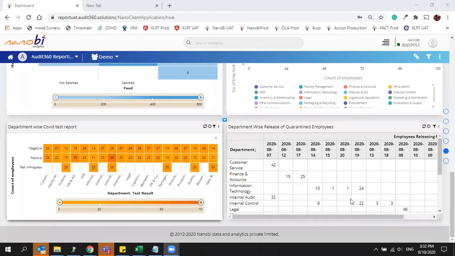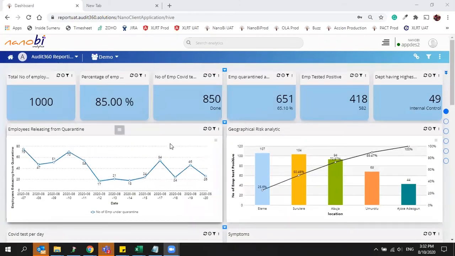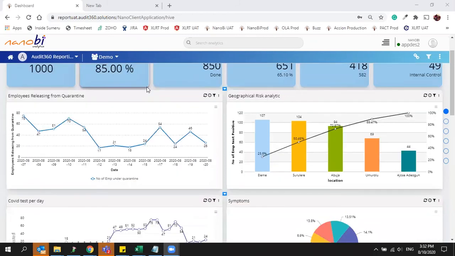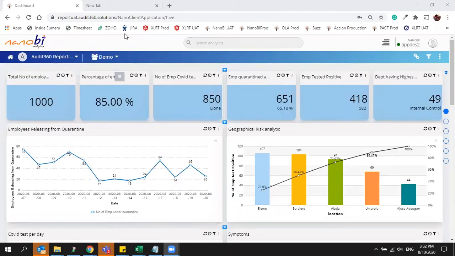So it is completely different when you compare it to the current dashboard that you were looking at. The kind of information that we are showing is very, very different. So this is just to show you what is possible using the dashboard. You can get creative as to what you want to see there, as long as the underlying data is available in Audit 360, or it can be brought into Audit 360 through an external file.